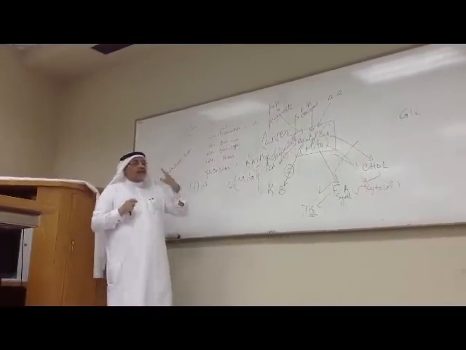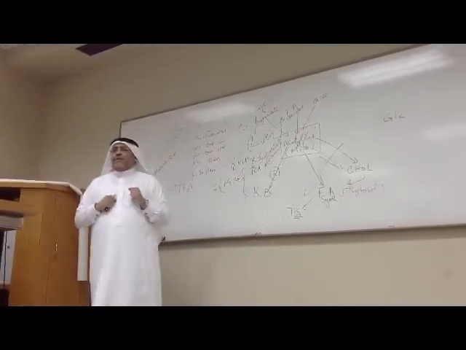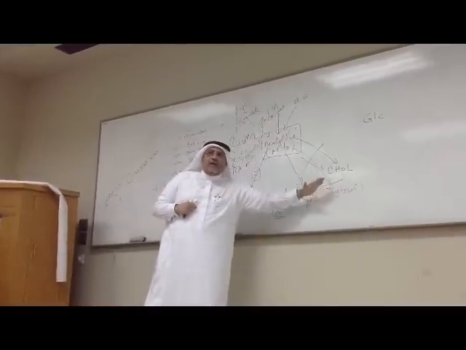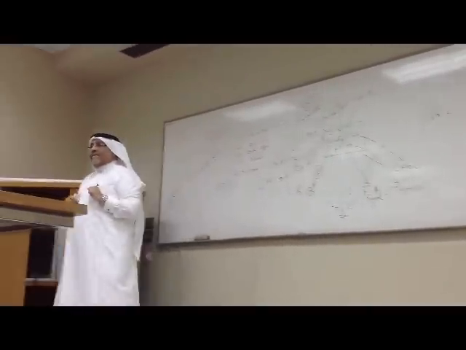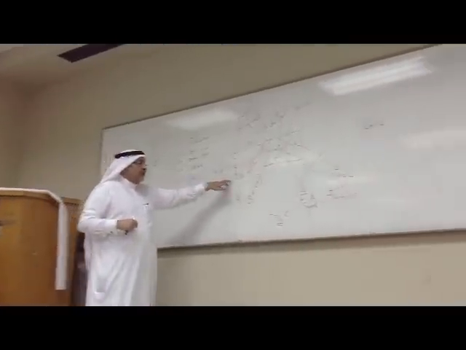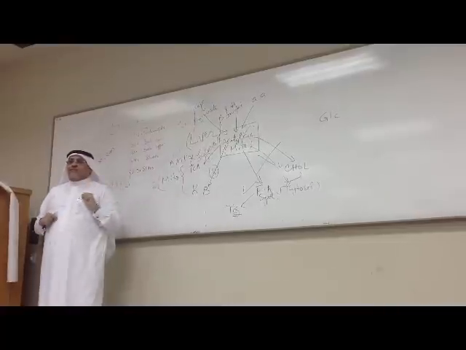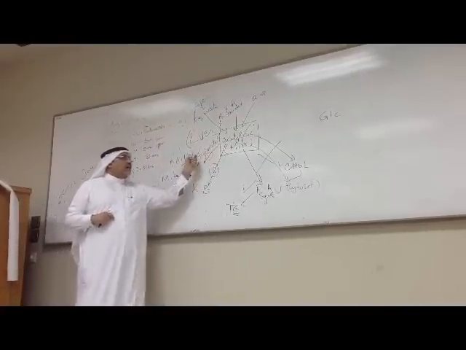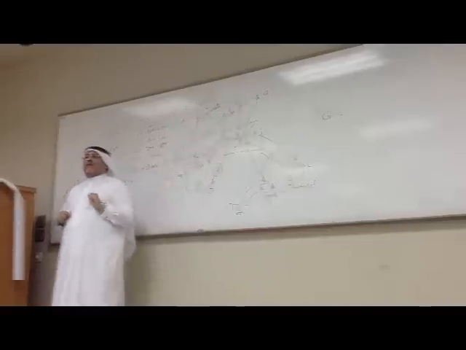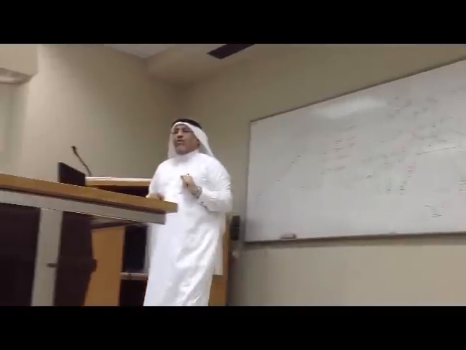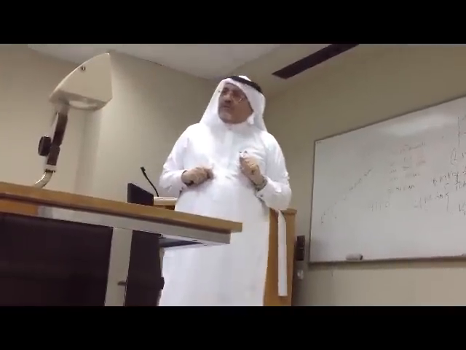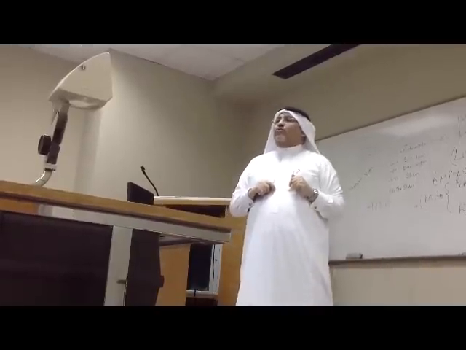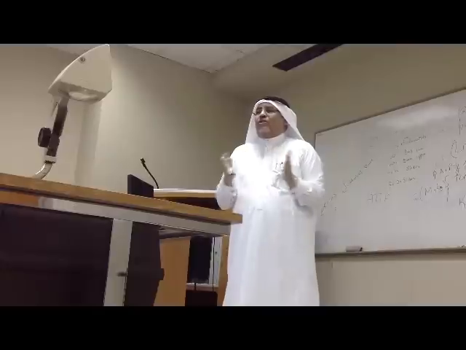Now, back to where we were: assume we have starvation. What is going to happen? We said this option in starvation is blocked. So how many options do I have left? The TCA. In order for acetyl-CoA to go to the TCA cycle, it requires oxaloacetate. Will oxaloacetate be available? Yes, it is available, but 99% of that oxaloacetate will be directed towards gluconeogenesis, because under starvation